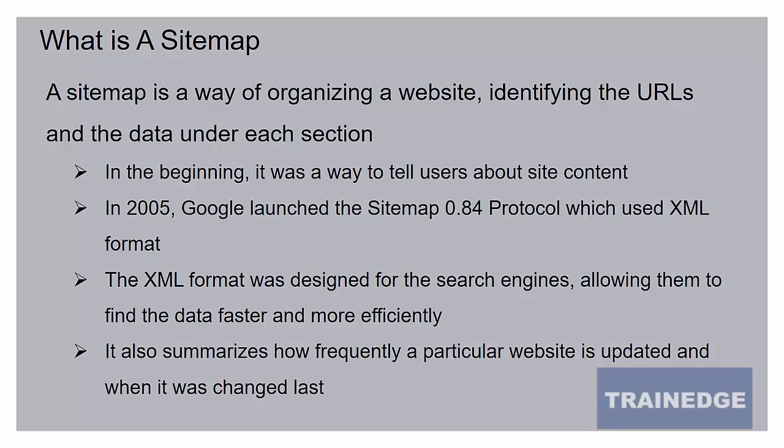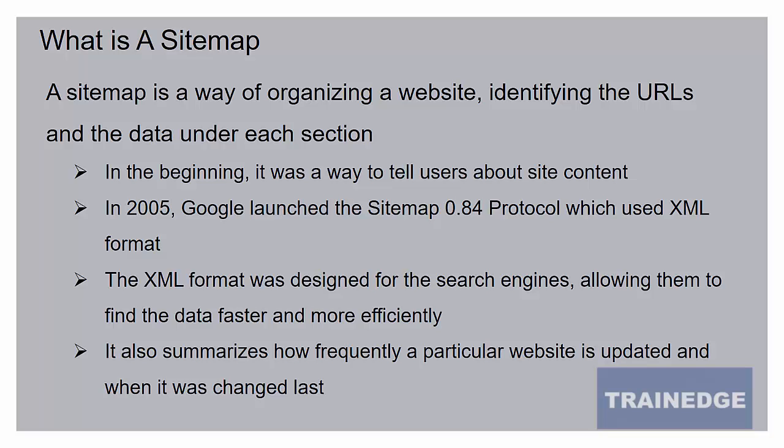And as the users gained more experience using the websites, they did not use sitemaps as much to navigate the site. So the users did not need the sitemap much once they became familiar with the structure of websites. But the search bots still needed it to ensure that they were able to index all the pages there should be on the website. So for that purpose, Google created this XML format, and it was designed specifically for search engines to use so they could find the pages on the sites quickly. So the search bots would not waste time trying to figure out which pages to visit.